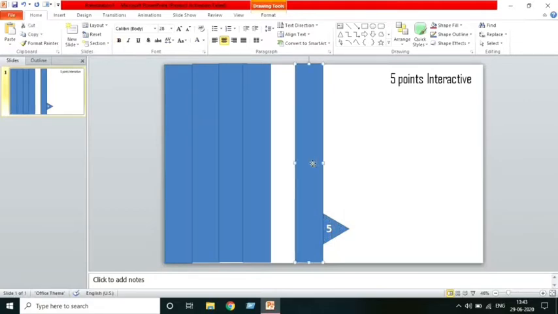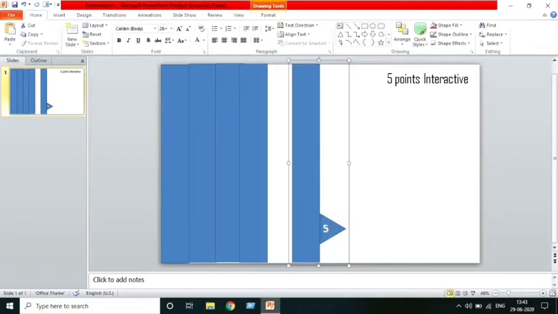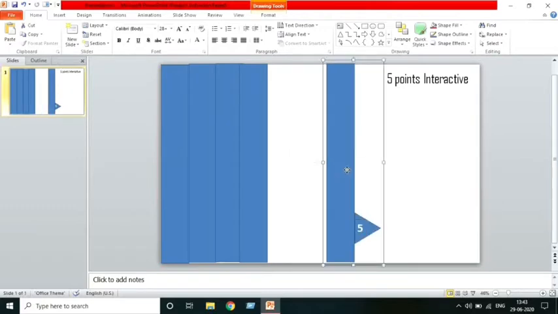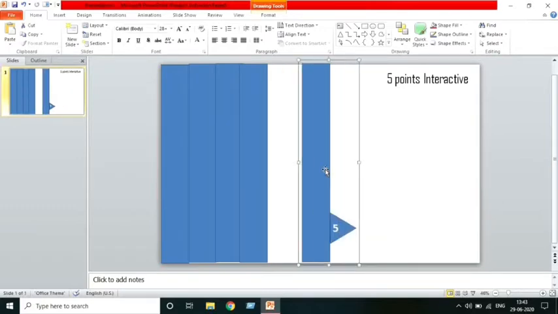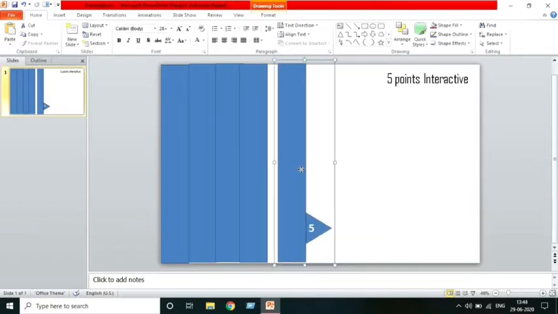So just click on this rectangle, hit the shift key, keep it pressed, click on this triangle and click on this 5 as well, and simply hit Ctrl G. See what happened? Once I click Ctrl G, all these things are grouped together.